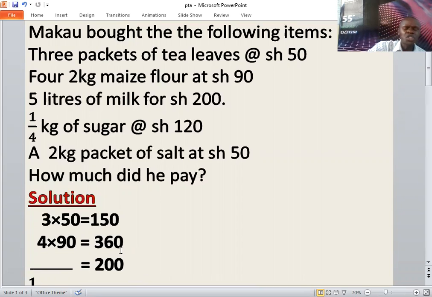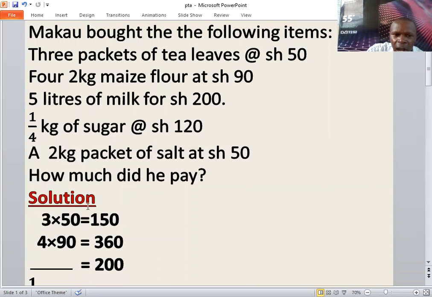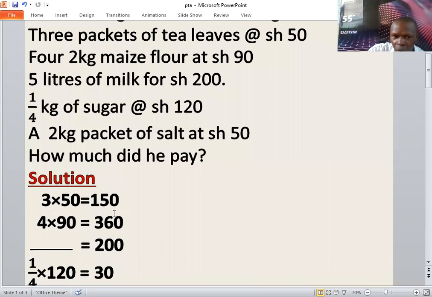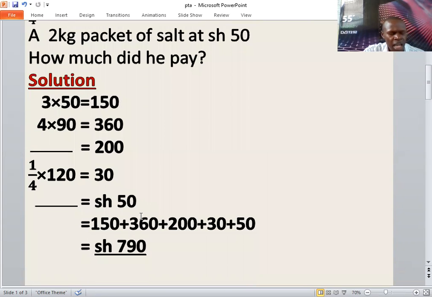You are supposed to apply the knowledge learned to work out the correct answers. What does the teacher normally say about practice? I know somebody is answering from somewhere that practice makes perfect. I would like you to go through some questions. They are there